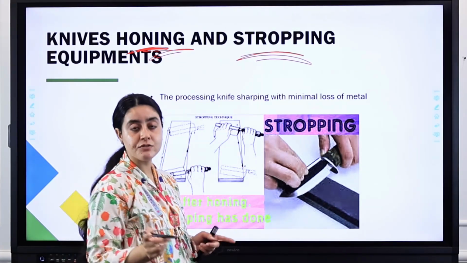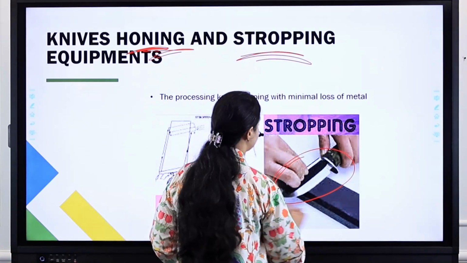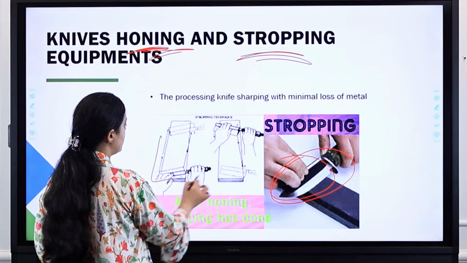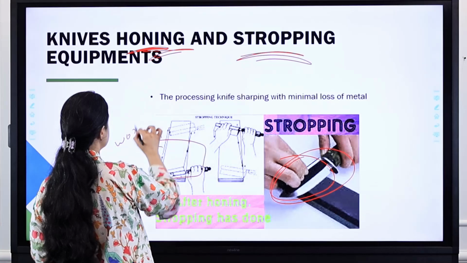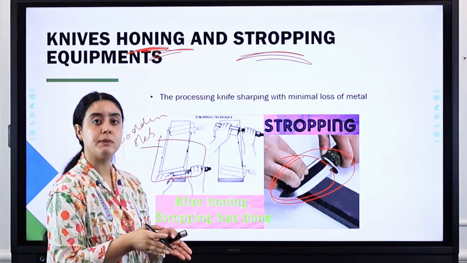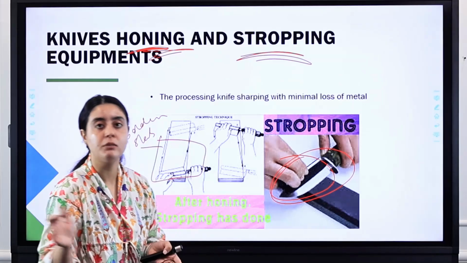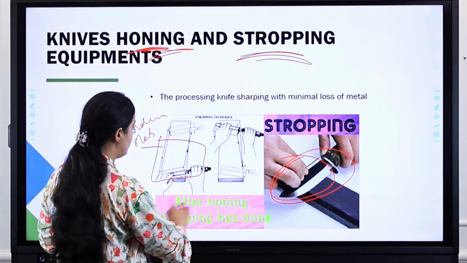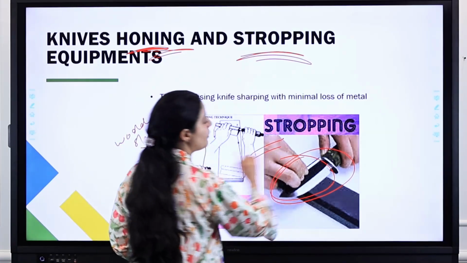So you have big knives in your laboratory like this, and this is a wooden slab. Here you can put your specimen and cut it into small pieces. So this is known as honing and this is known as stropping. Okay,